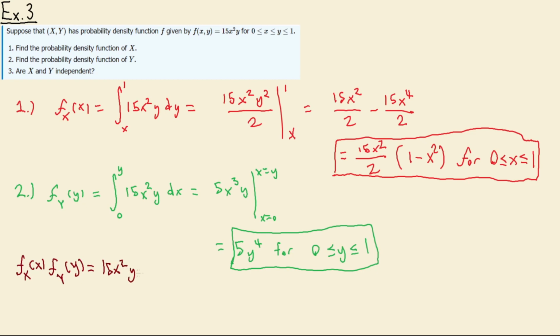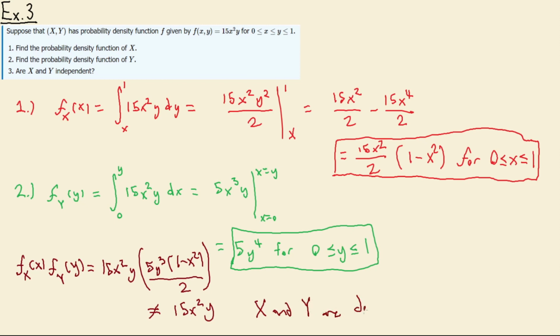And then what's the remainder here? We've got 5y cubed multiplied by 1 minus x squared over 2. And this is clearly not equal to 15x squared y. And so, of course, these two are not independent, because we have this whole giant expression remaining that prevents this from being equal to the joint probability density function. So x and y are dependent in this example,